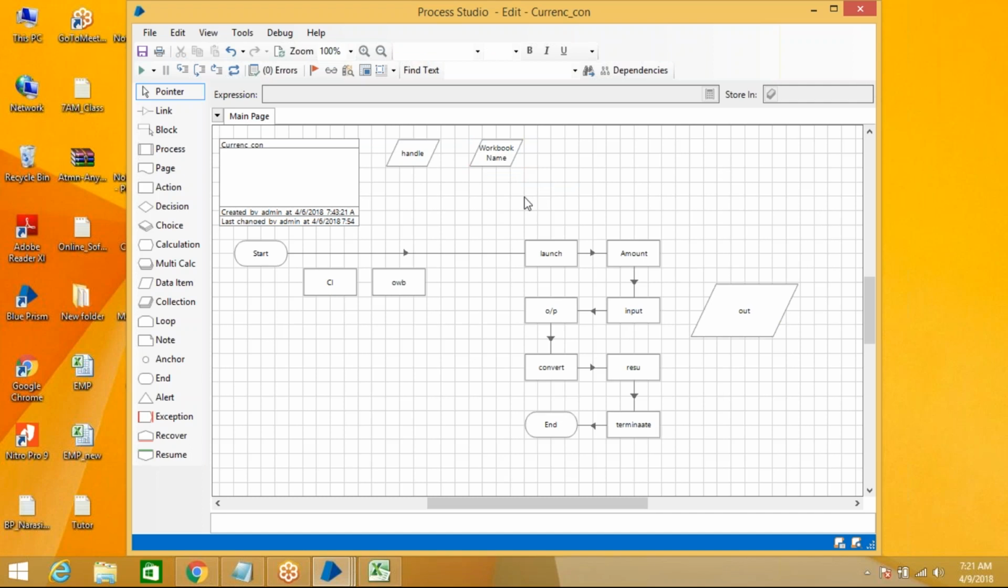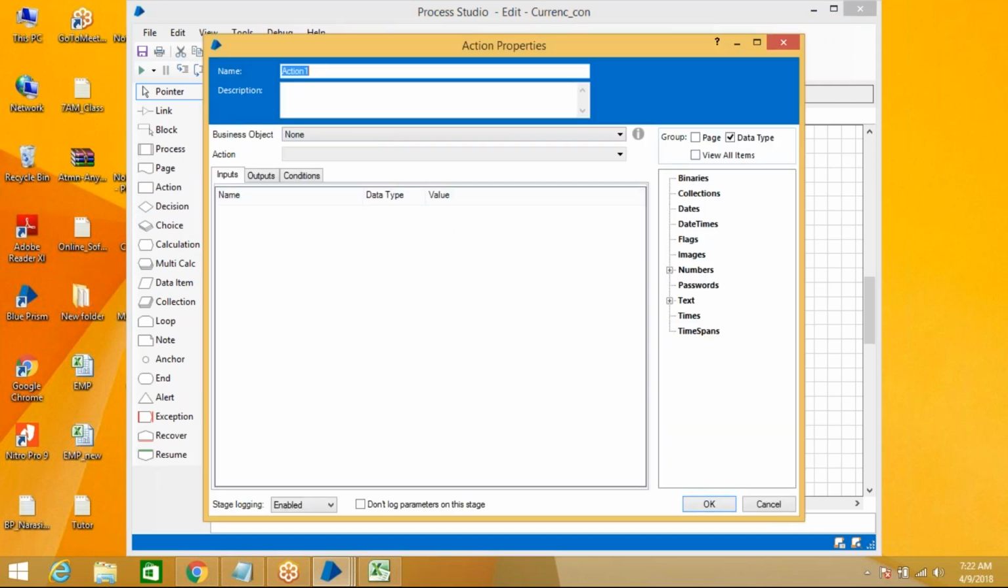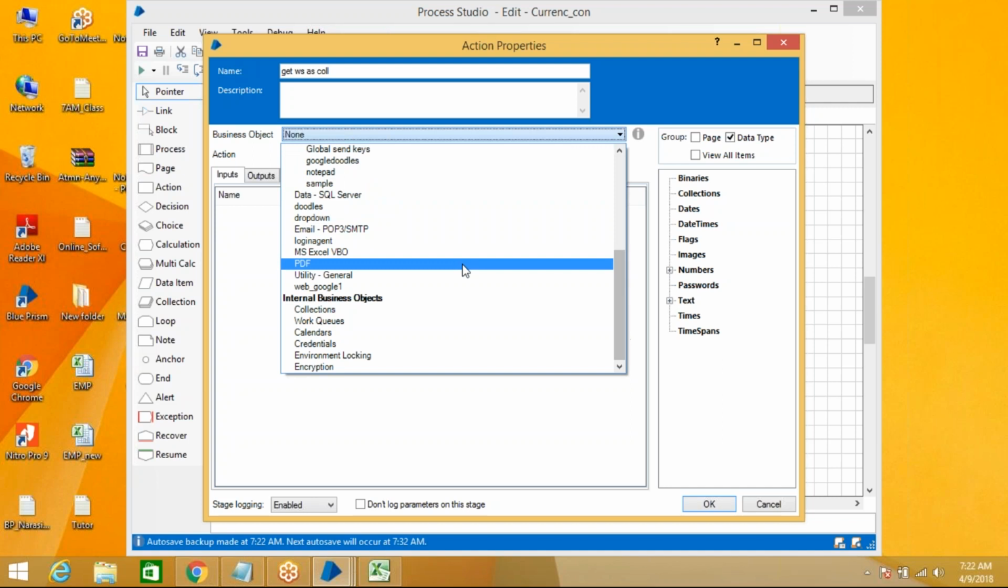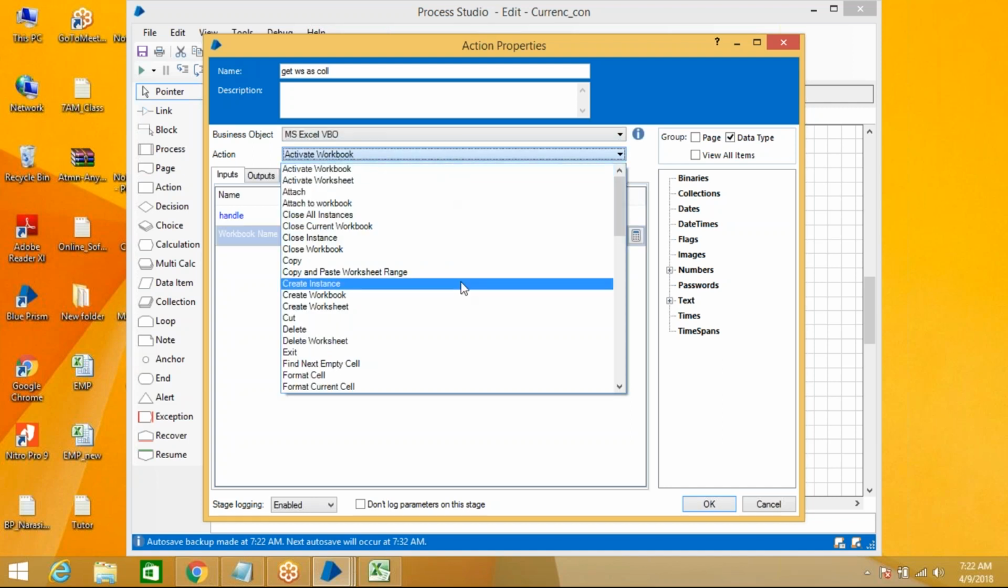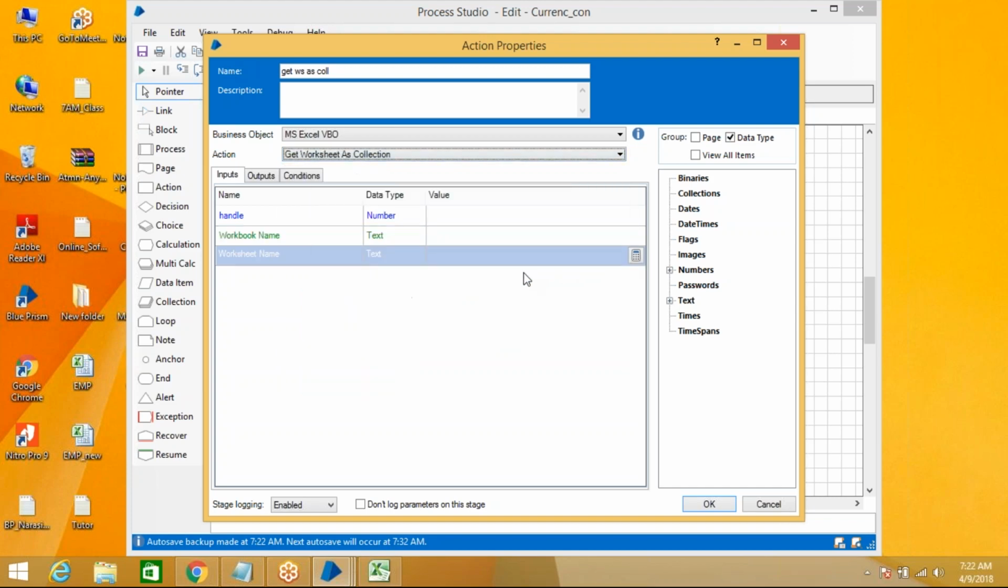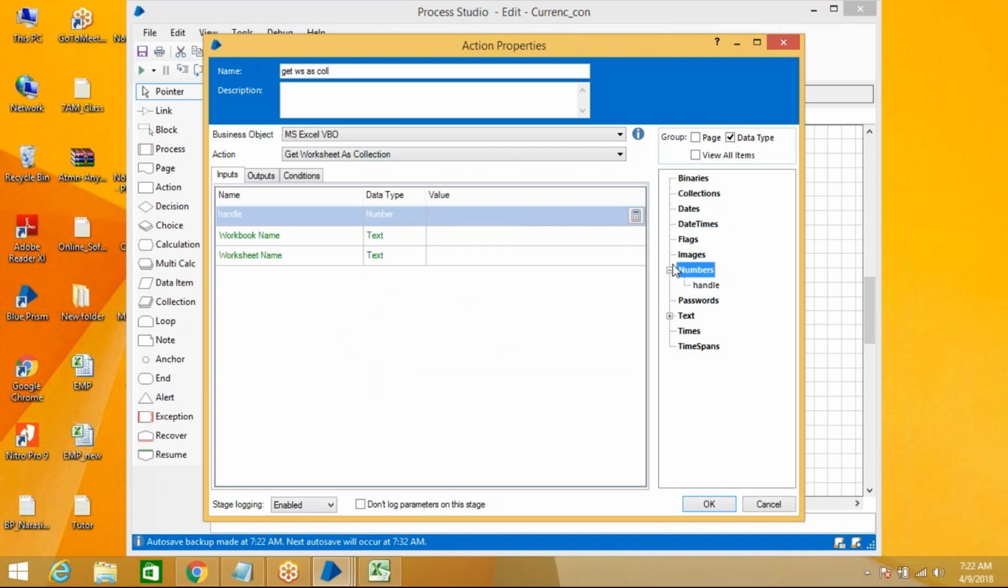After the workbook name, what is our intention? We need to load all the data to your collection. So use this action, double click, get worksheet as collection. Get worksheet as collection. Now here, the inputs it is asking are handle and